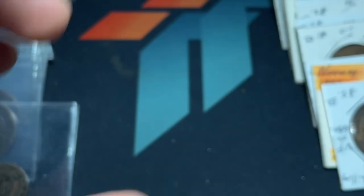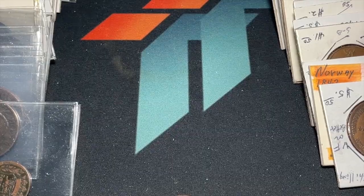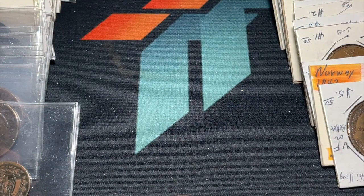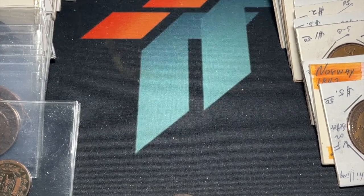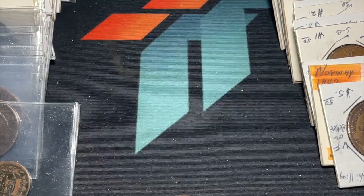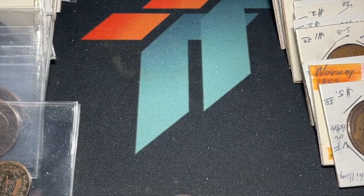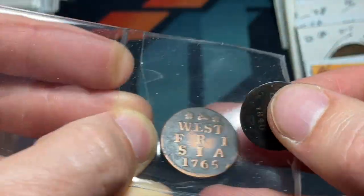Really interesting stuff here with a mix of better coins for sure that are included in the group. And I may group lot a good amount of this because I bought these probably a little bit more. I would say I'll probably hang on to a few of them, but definitely with a resale eye involved. I'm going to put this in this flip, which also includes a West Frisia, which my guess would be a